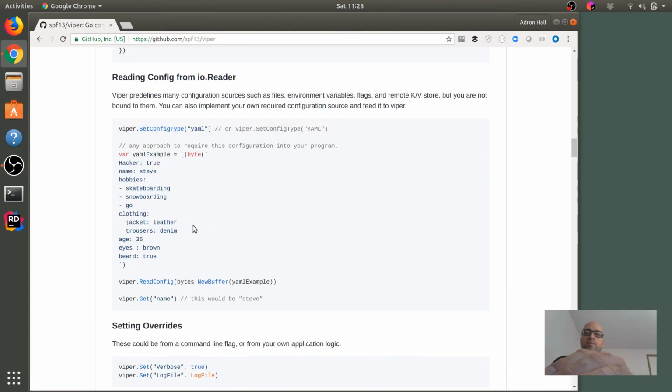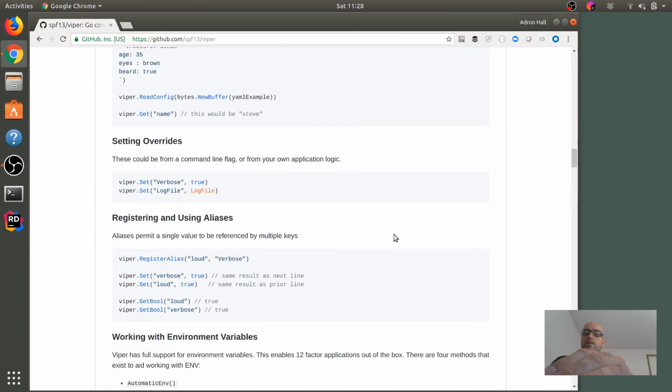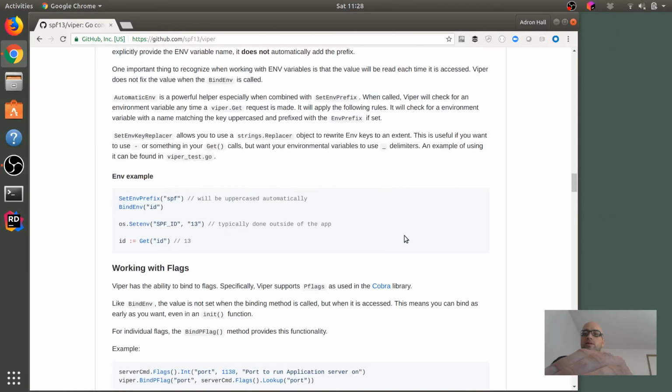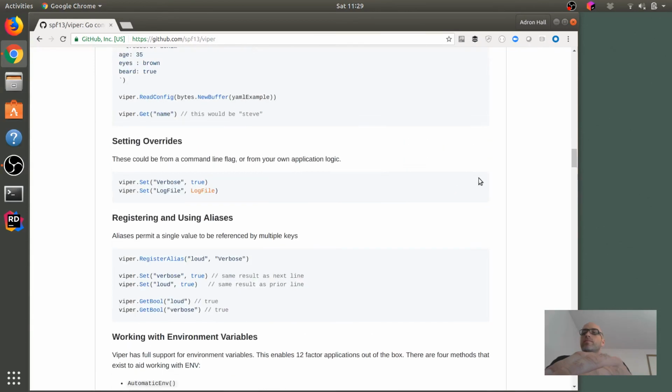Here's a sample YAML file for the stuff right here. Reading config from io.Reader, setting overrides. I guess I'm going to RTFM all of this stuff and then get back to it on a future stream thing. For now though,